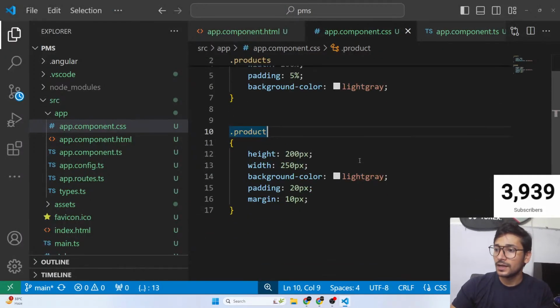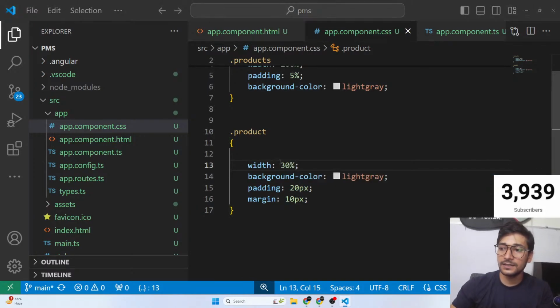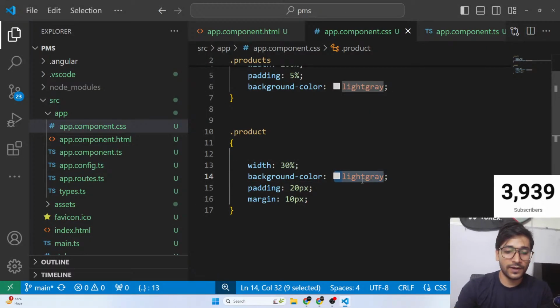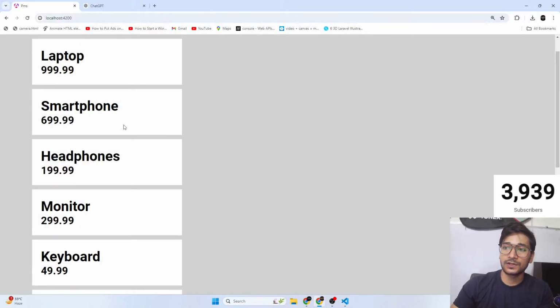Okay. And then inside this, height 200 pixel or maybe no height at all. Height will depend on the child or the content. Width will be, let's say, 30%, and background color of light gray, we'll give it white. So we have these boxes now.